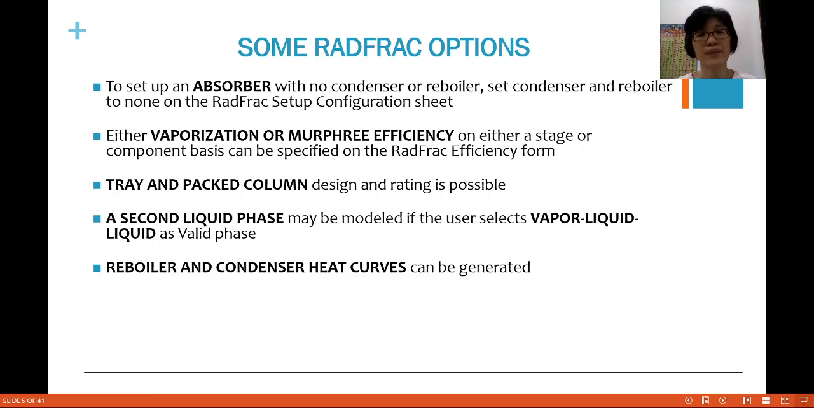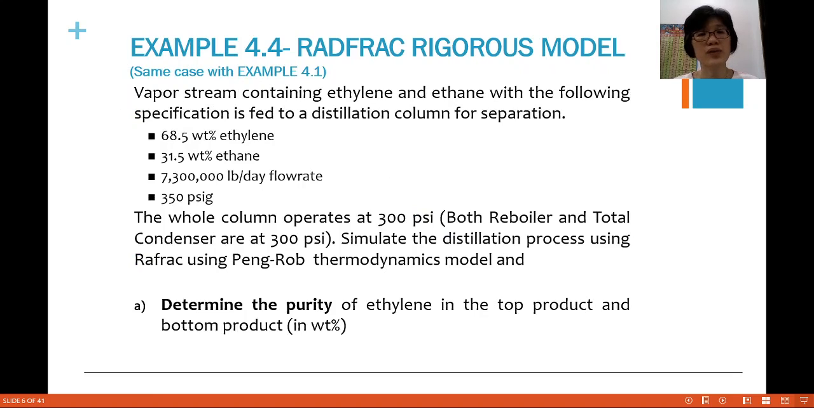using RadFrac, you are able to generate the reboiler and also condenser heat curve. So let's go through one example. Okay. Example 4.4 here is actually the same case as example 4.1. It's just that in example 4.1 we used the shortcut method, and in example 4.4 we are asked to use the